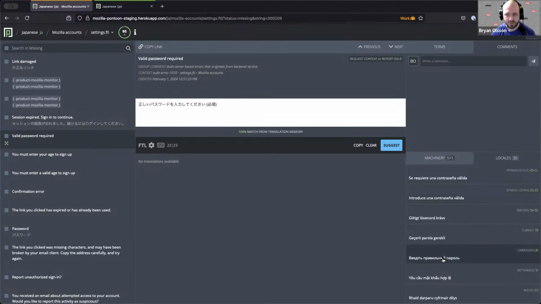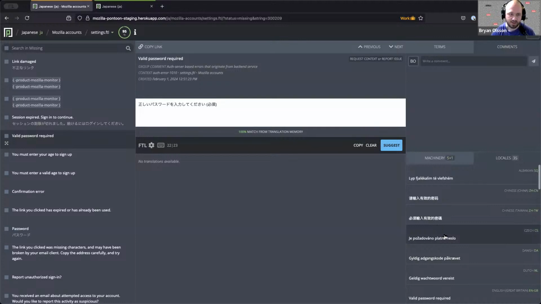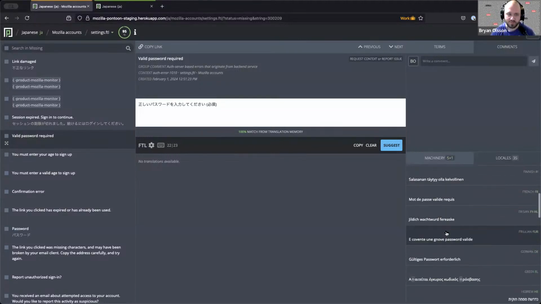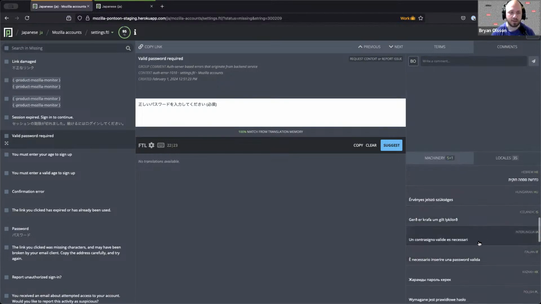For someone who speaks Japanese and is translating Japanese, this might not be as useful as, for example, someone who speaks Mexican Spanish. They can actually look at different flavors of Spanish to see how they translated it. It's just one more way to get some references. So in this case,